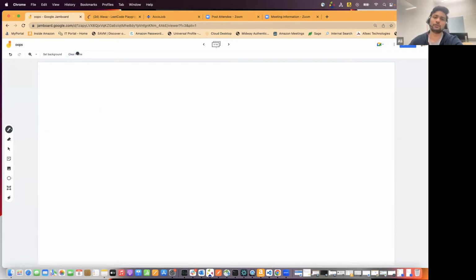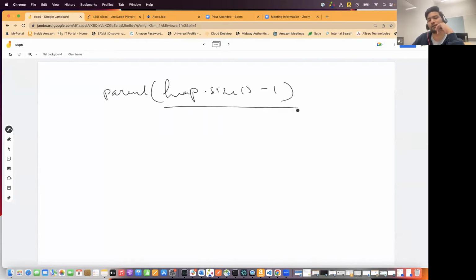Okay, so it's just a very easy code. Just find a parent. Just use that formula. Okay? That formula you can use. Just send the last index in parent of heap.size - 1. This will give you the parent, and that will be your last. That will be the first element. Okay, that will give the index of the first element that has some child, and then we can just run a